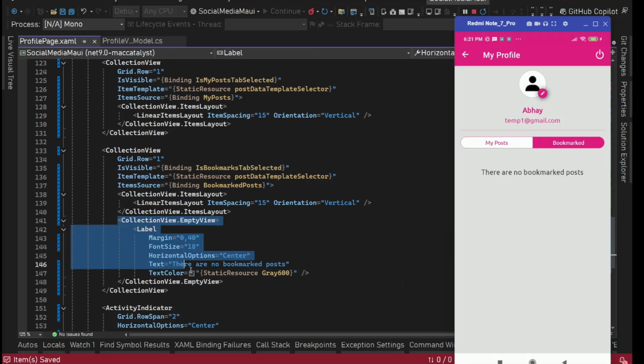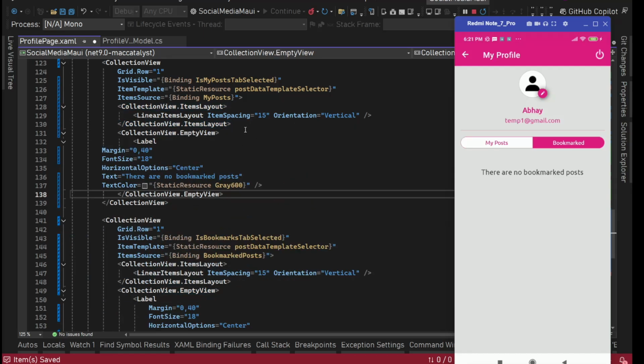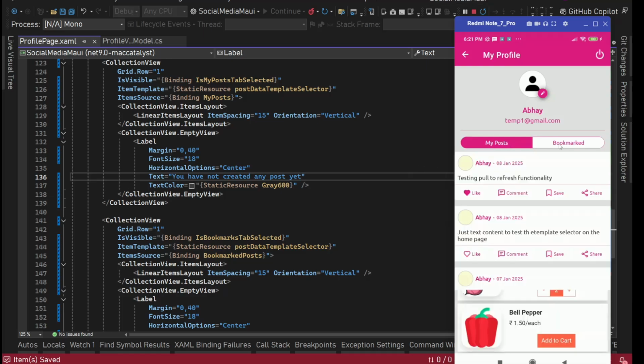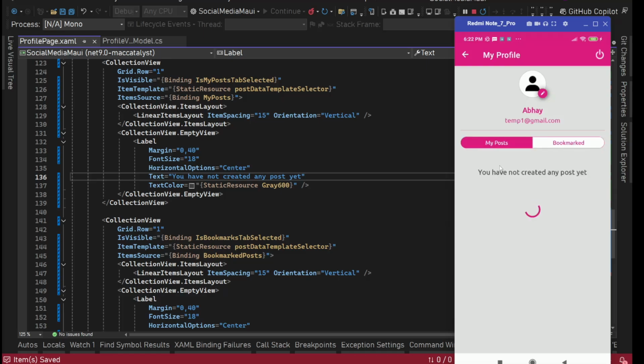Same thing we can do with my posts. So here we can simply say you have not created any post yet. Save it. Okay, here we have bookmarked my posts. You see quickly we have that you have not created any post yet. That quick